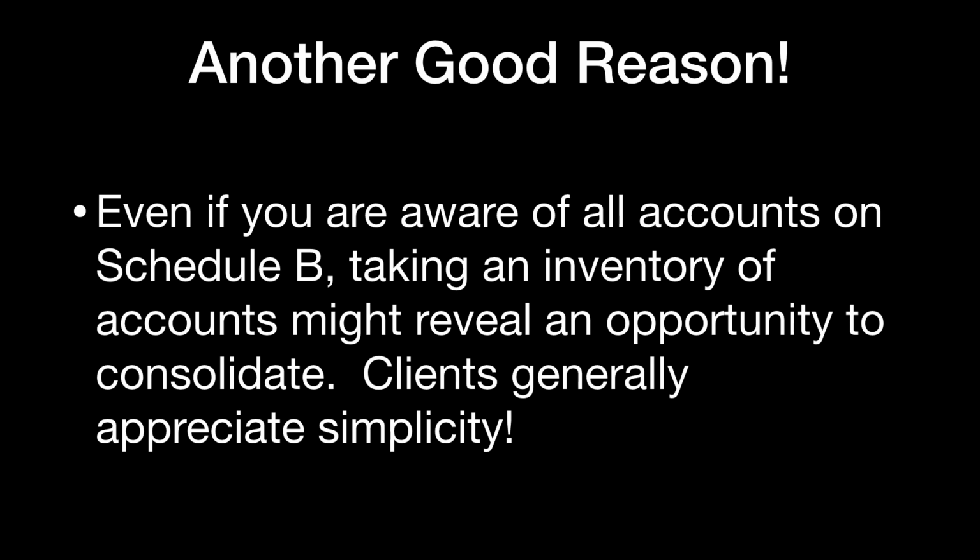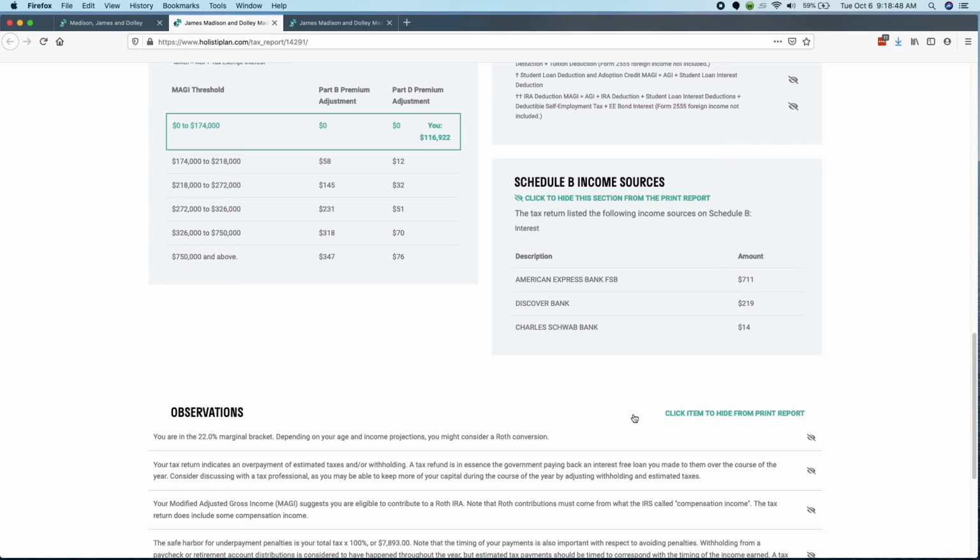In any case, reviewing Schedule B on every tax return year is absolutely worth doing, and it'll show up here in the report whenever there is Schedule B income reported. And that's it. That's 5 quick things we can get out of the tax report. There's a lot more there, but those are 5 things that I think any advisor is going to want to do probably first. And that's going to already uncover some pretty important strategies, some pretty important conversations to have with